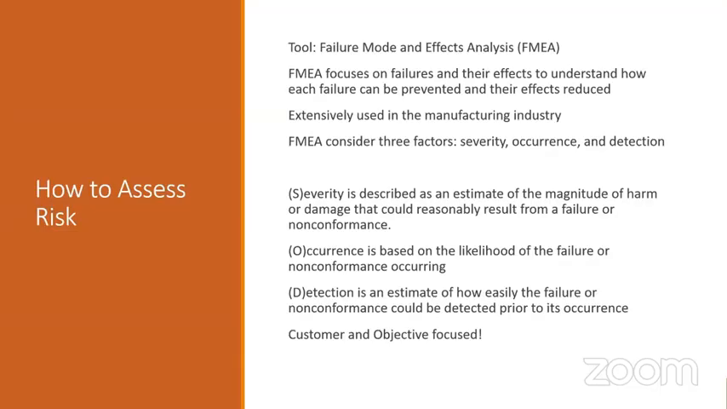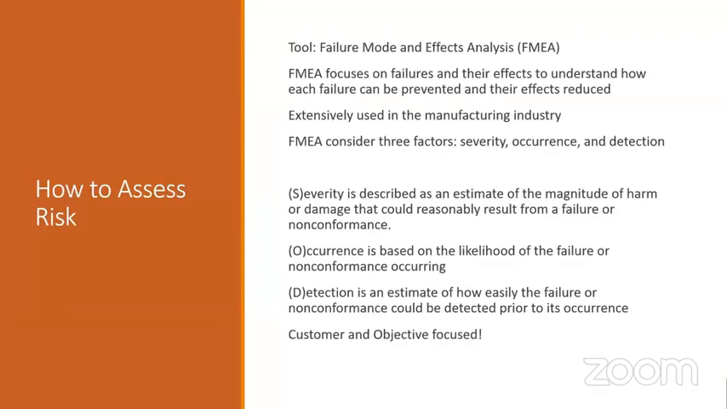And severity is described as the estimate of the magnitude of harm or damage that could reasonably result from a failure or nonconformance. So we are looking at how that failure impacts our customers or us reaching an objective. And since it can look at both a failure in a process or a nonconformance, it can be both prospective and retrospective. Occurrence is based on the likelihood of the failure or nonconformance occurring. How likely is it that this will happen? Again, it can be looked at